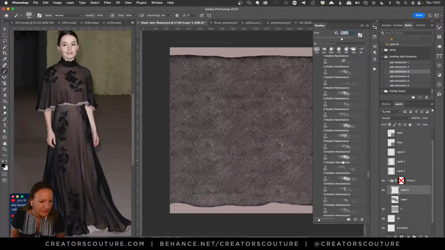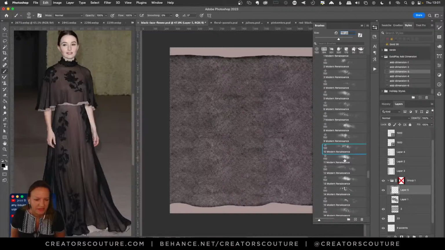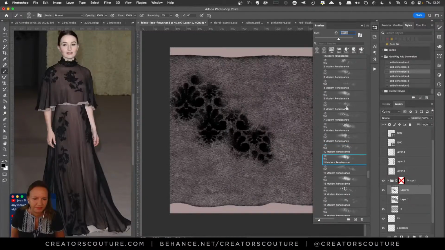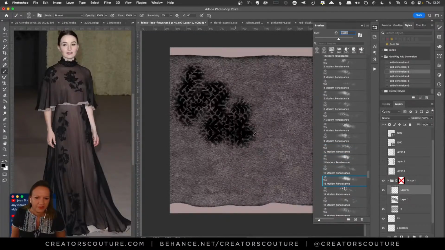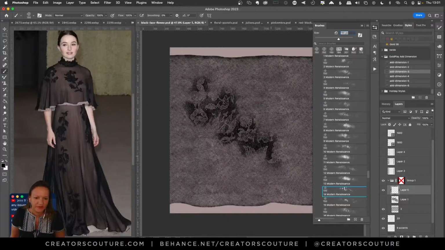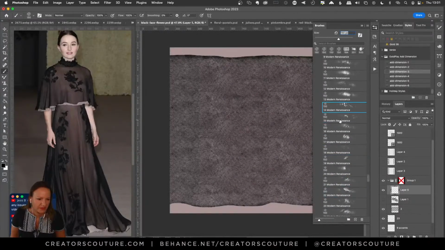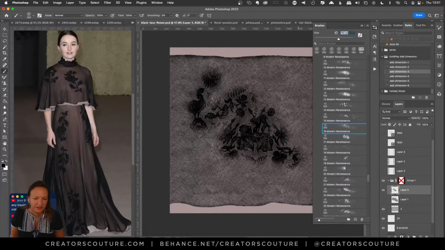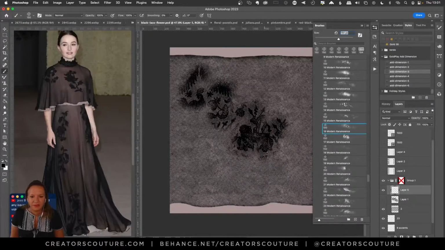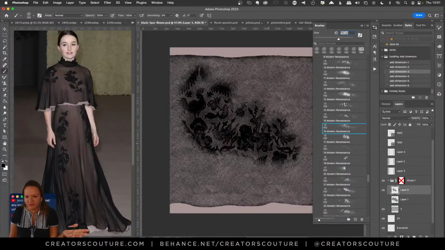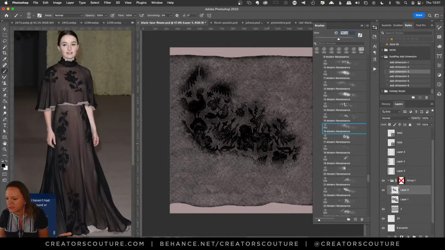So I grabbed one of these brushes. I think I have a brush chart of these. Oh, that's kind of nice, because it's hard to figure out which one I wanted. But say it's something like this. So there's a little bit of a motif that could work for the background.